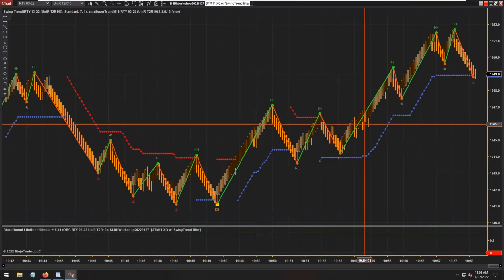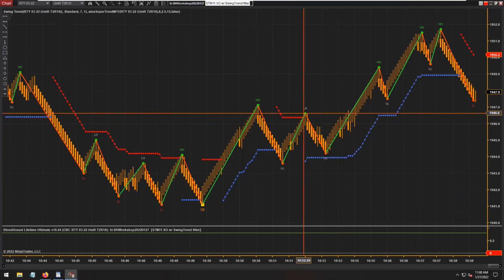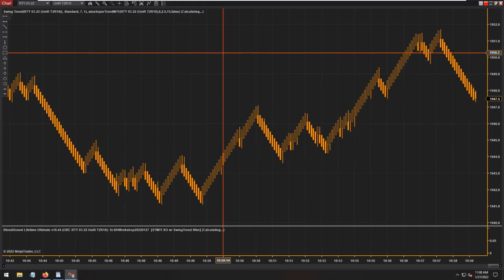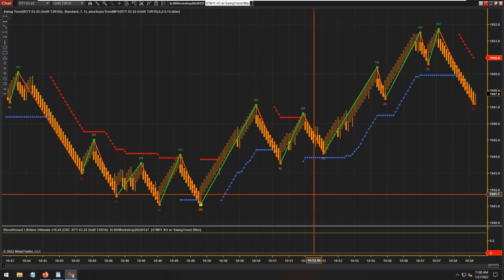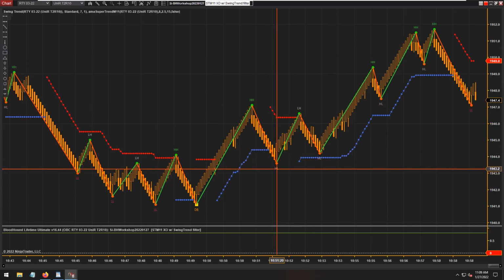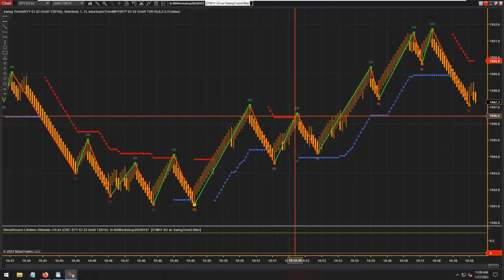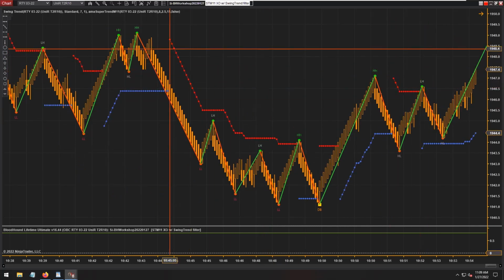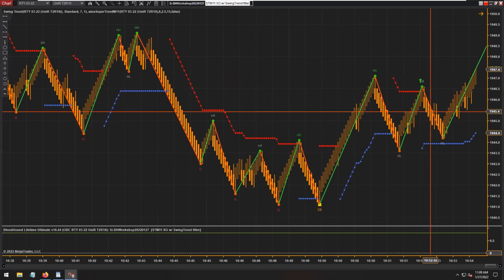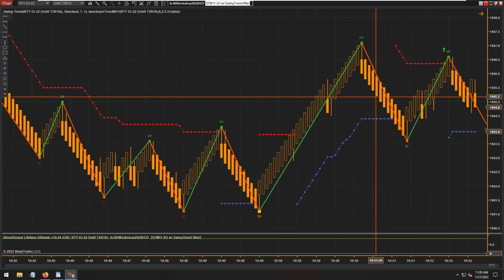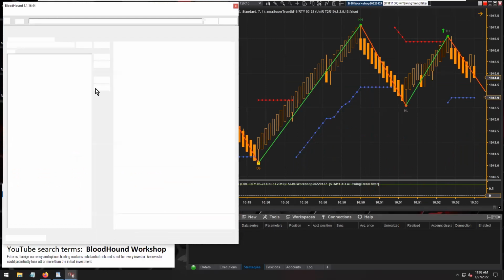Let's take a look here. Yeah, I think we should have gotten a signal here. Let me just reload just in case. Huh? Yeah, we have a higher high and a higher low and no signal. So let's analyze this and see what's going on here. I'm expecting a signal there. So it's definitely got to be something with